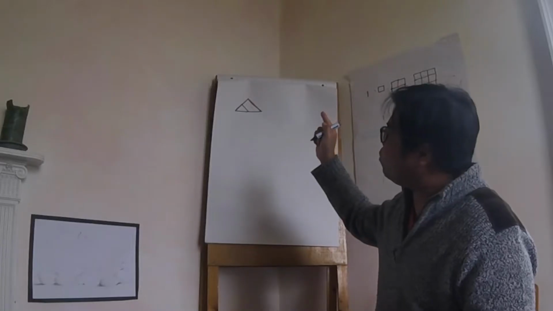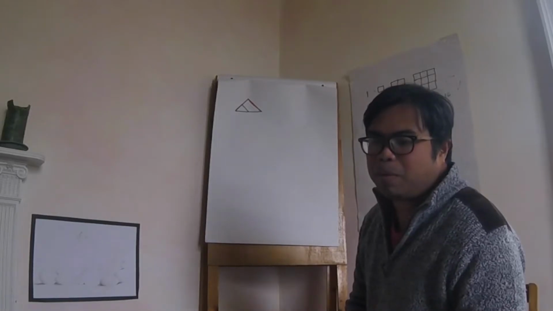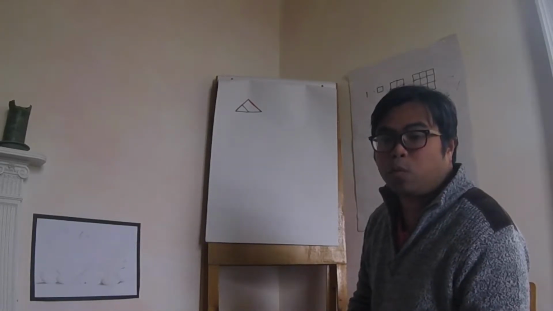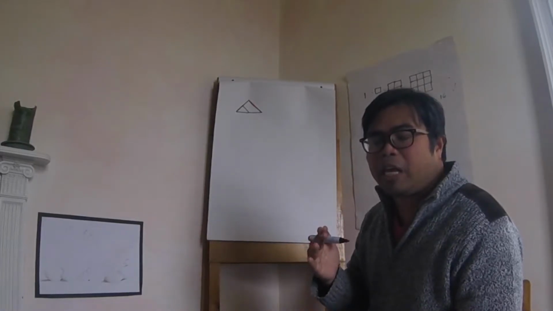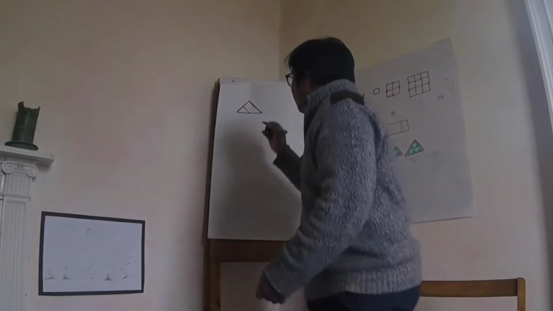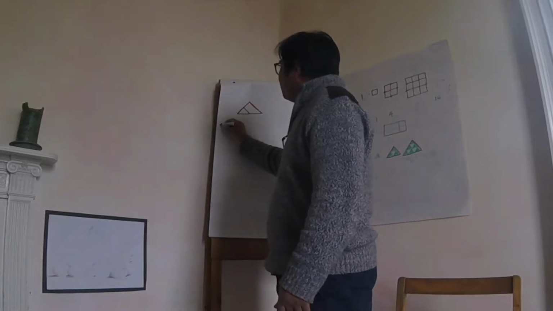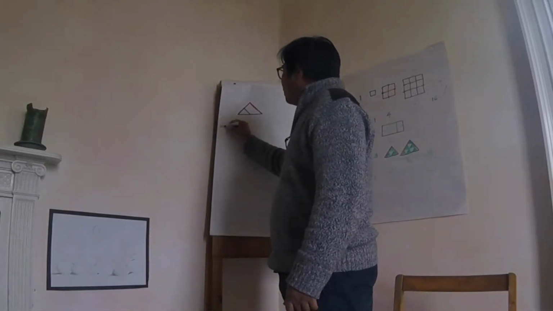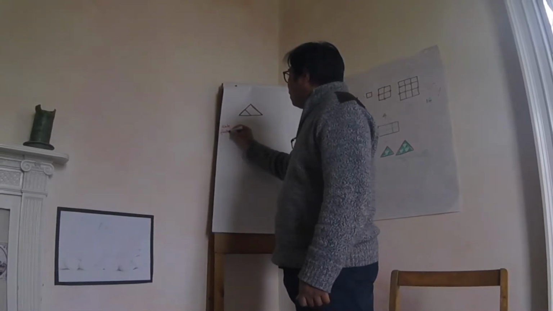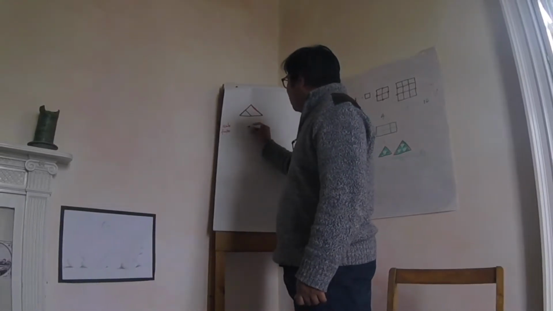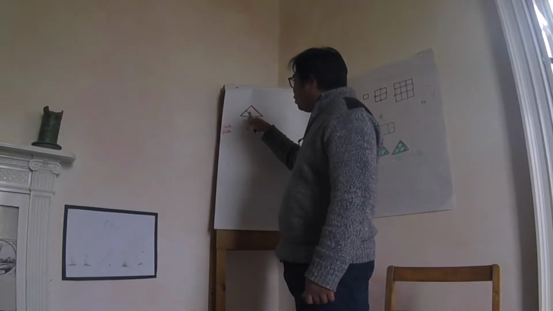That means when the red triangle is bigger than the black triangle, we have enlarged it at a scale factor of 2, right? So I have to write that, scale factor of 2. That means you have enlarged the triangle